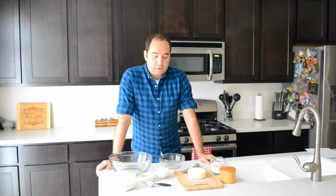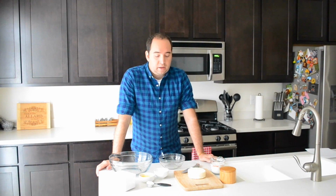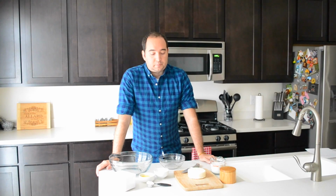Today we are going to be making almojabanas. Almojabanas are a type of cheese bread found in Colombia, and they are pretty simple to make. They take about 5 ingredients and they don't take long to cook. So we're going to make those today, and if you're not familiar with almojabanas, it's a type of bread that